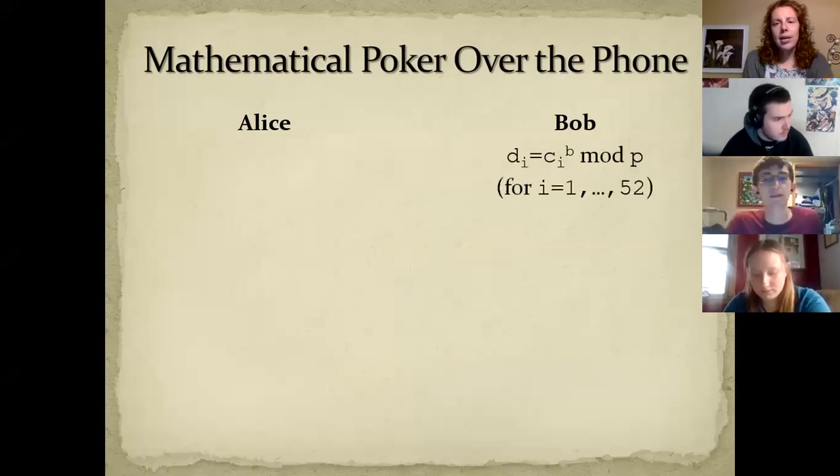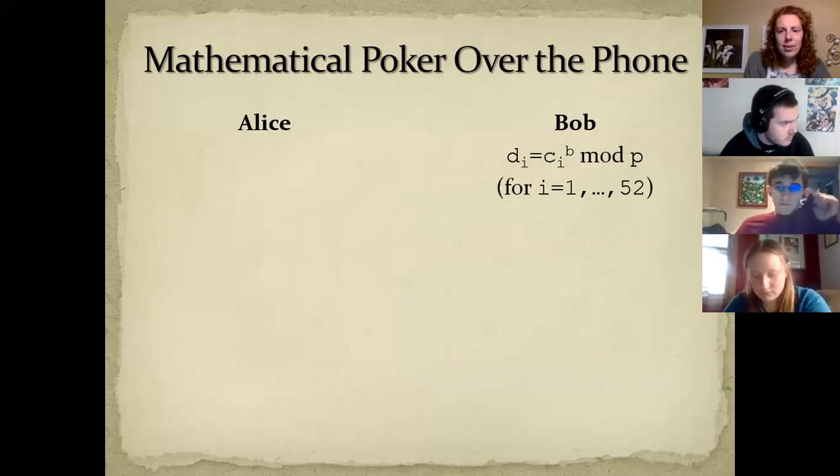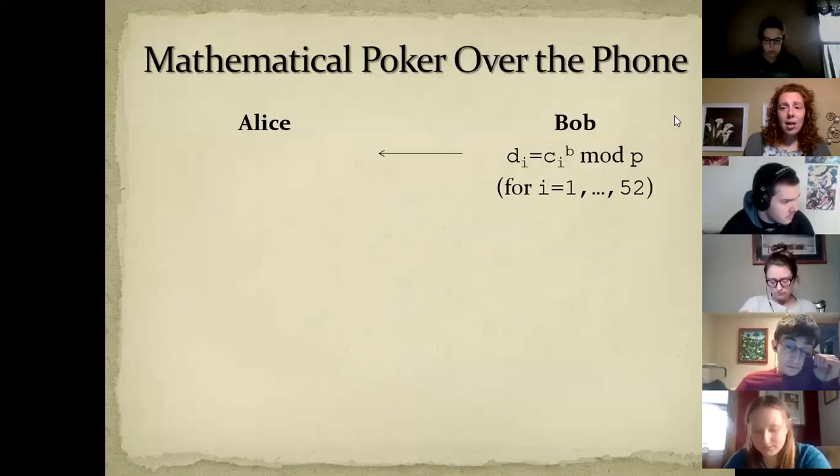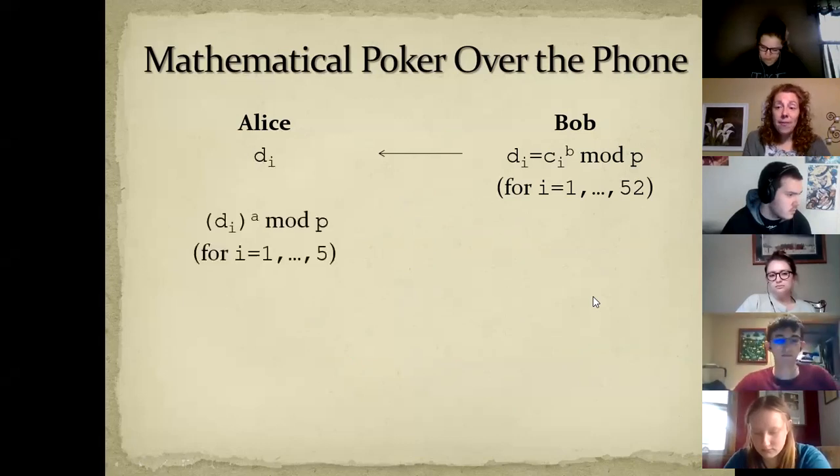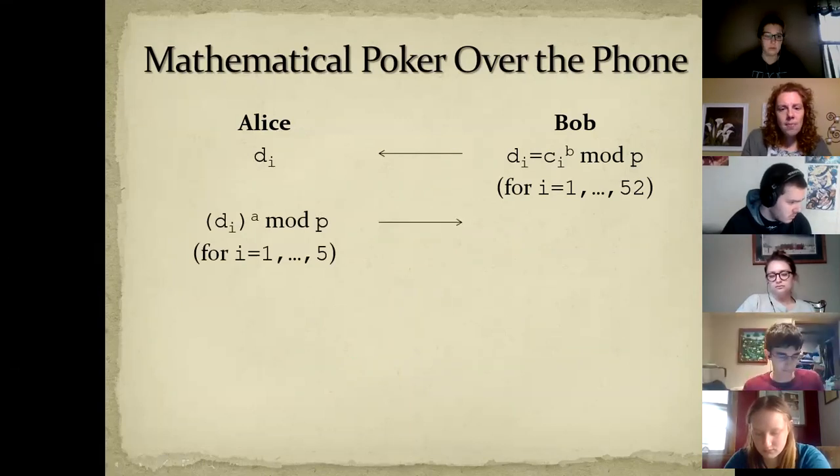We've got all these cards. The C sub i's are the values for the cards for i equals 1 to 52. Bob is going to encrypt all of those with his public key, and send those all to Alice. Alice is then going to get all of those. She's going to pick 5 of them to be her hand and encrypt those with her key, send them back